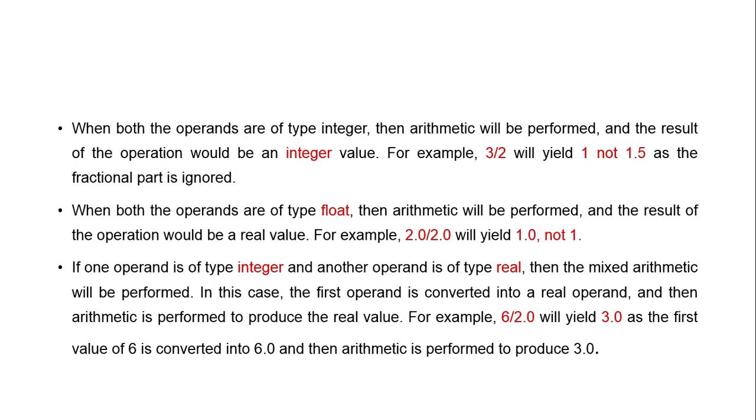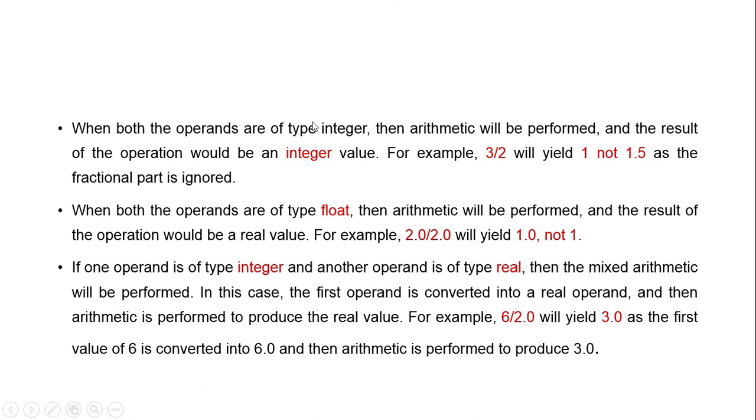Okay, one operand is an integer and another operand is real, that is a float. What will be the result? See the third line here: 6 is an integer, 2.0 is a float. So the integer value 6 will be converted into float, and then the operation is performed. 6 divided by 2.0 means 6 is converted into 6.0, then 6.0 divided by 2.0, and the result is 3.0. This is how expression conditions determine the final results.